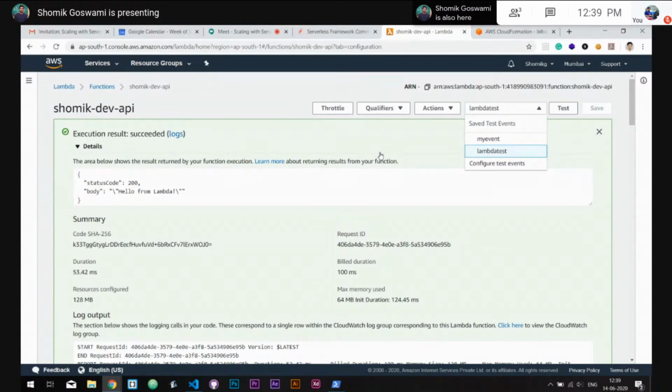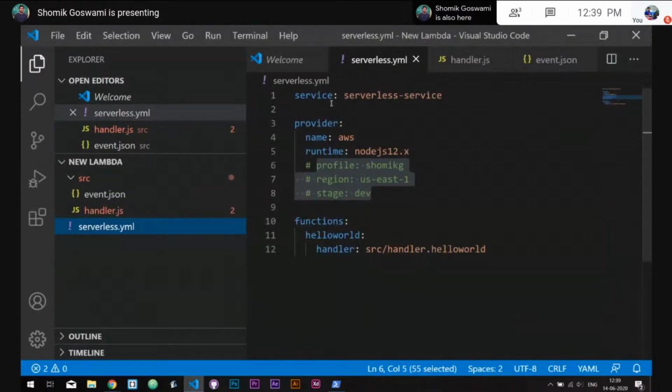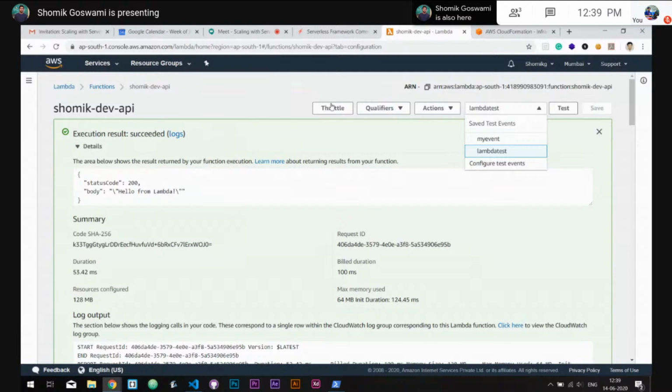So this will be in front of your Lambda function. It will be responsible for routing all our HTTP events to our Lambdas. Now you can create an API directly from here, from the AWS console, but we don't have to do that now. We have serverless framework for that. We can handle the same from the serverless.yaml file. And if you remember, the event we are going to subscribe to is